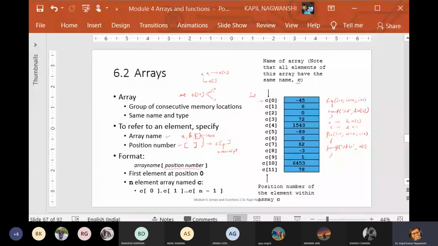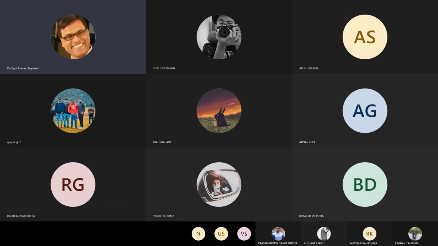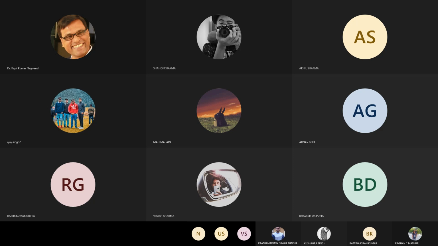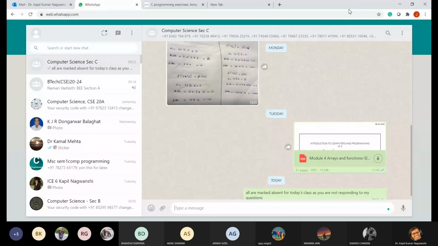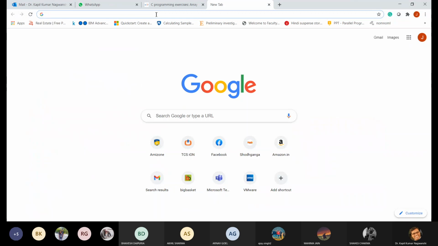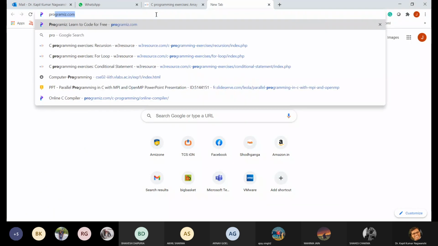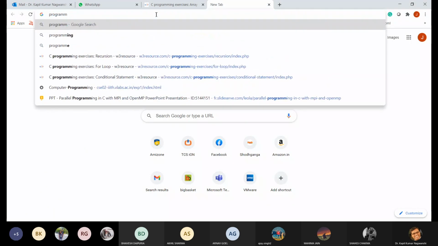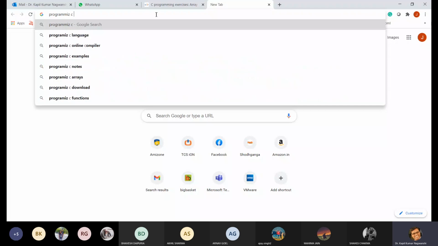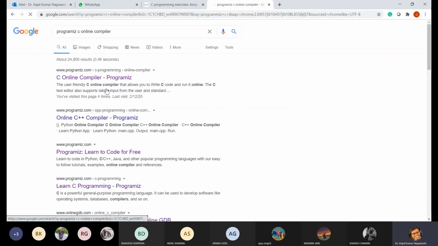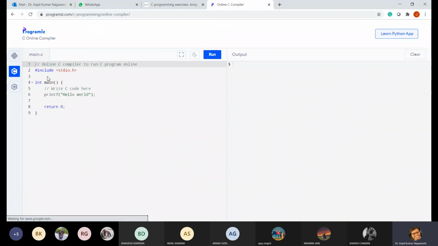Now let me show you one program related to arrays. So this is our C compiler, and now we need to write a program using an array.